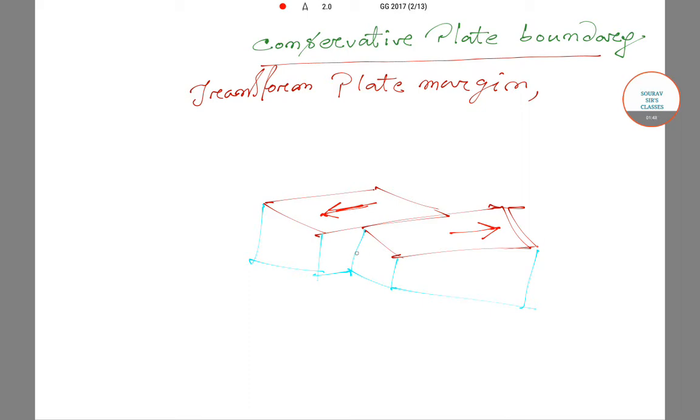So the focus will occur in this area, and I can mention it as the focus here, and the epicenter will be above this plate movement,